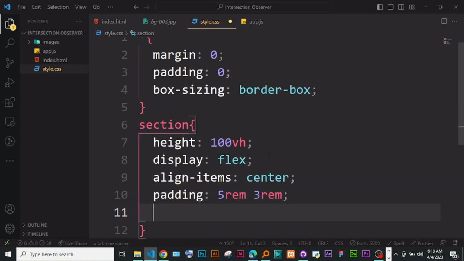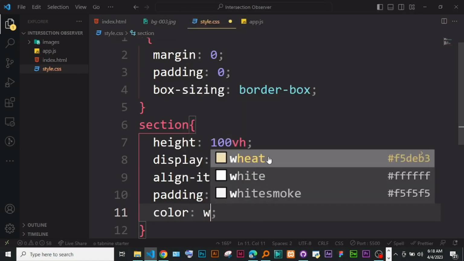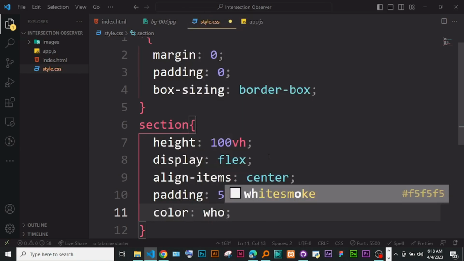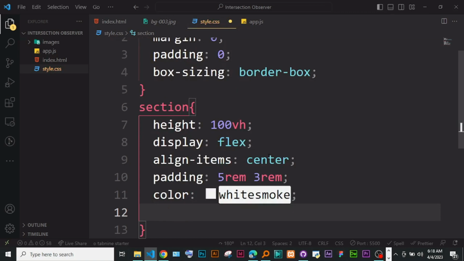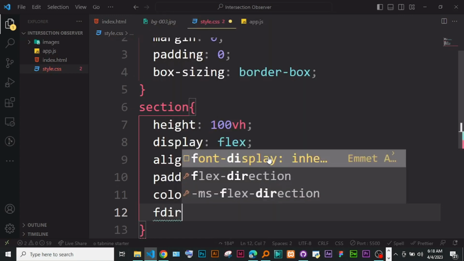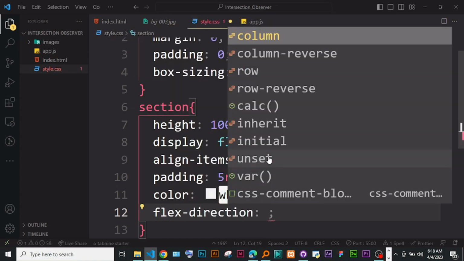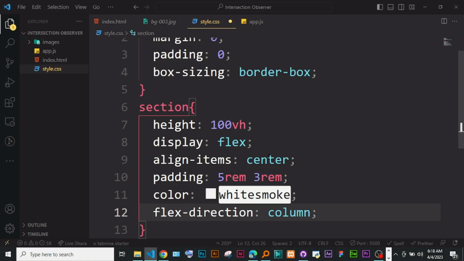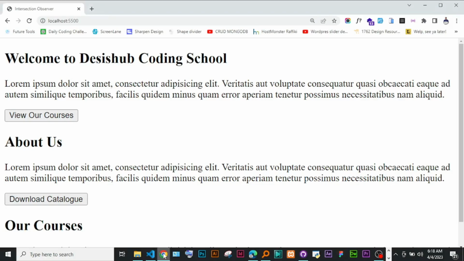And what else? I want to set color to white smoke maybe. What else? Flex direction. Let's make it column. Okay, so if we now check,